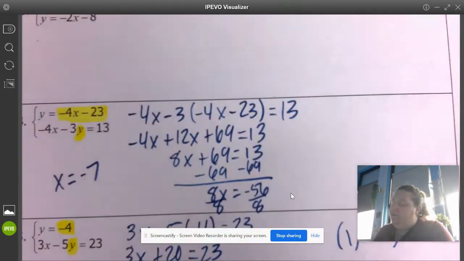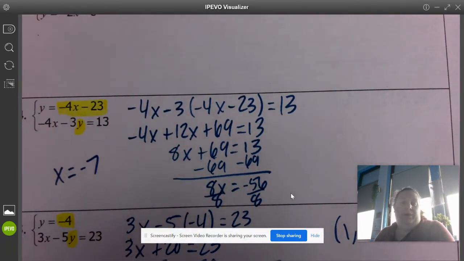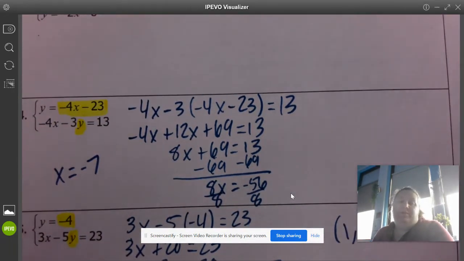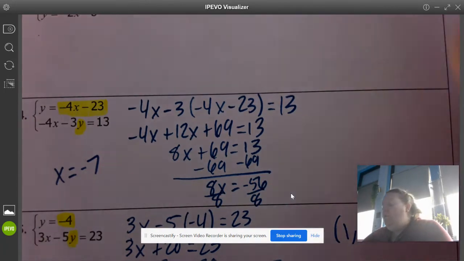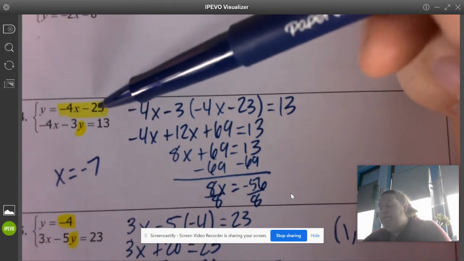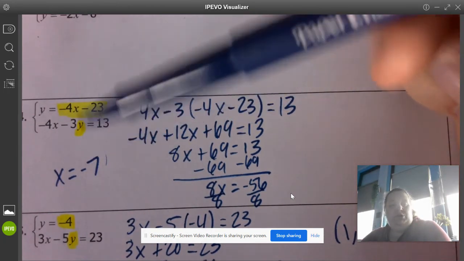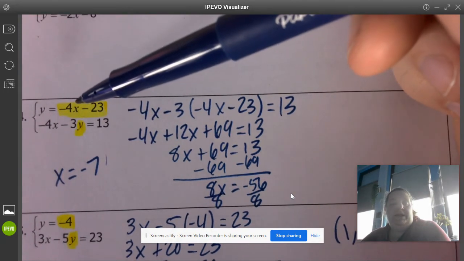X equals negative 7. So we have one part of our ordered pair where they're going to cross, but how are we going to figure out y? Well, when I come back to my system, they tell me that y is equal to negative 4 times x minus 23. Well, I know what x is, so all I need to do is substitute it in and see